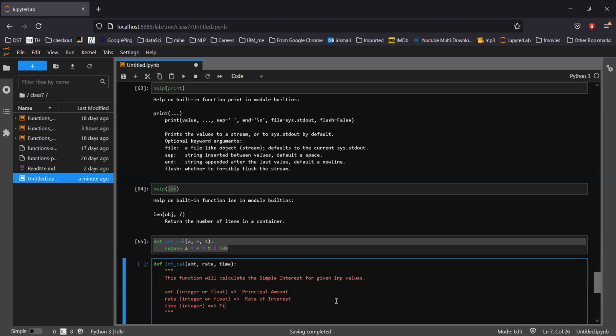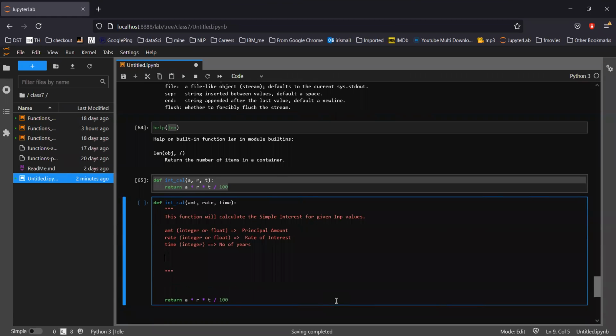And here mention time in years, sorry, not time in years, number of years. So this is the little definition, and then how the calculation will happen.